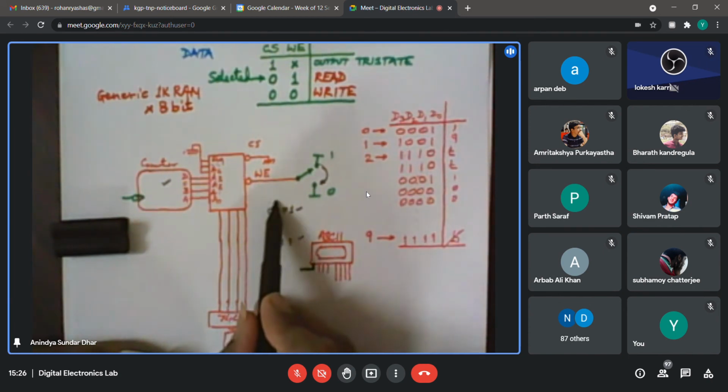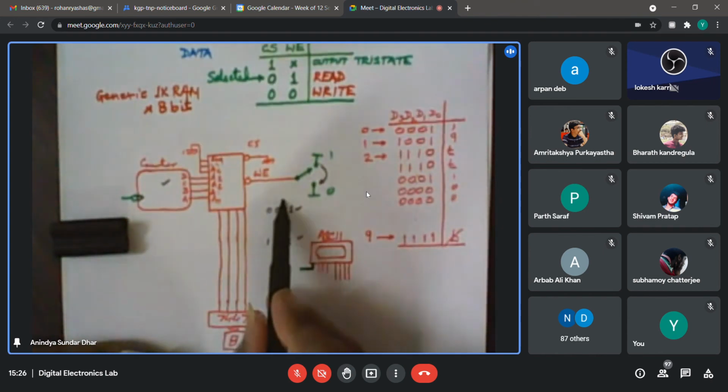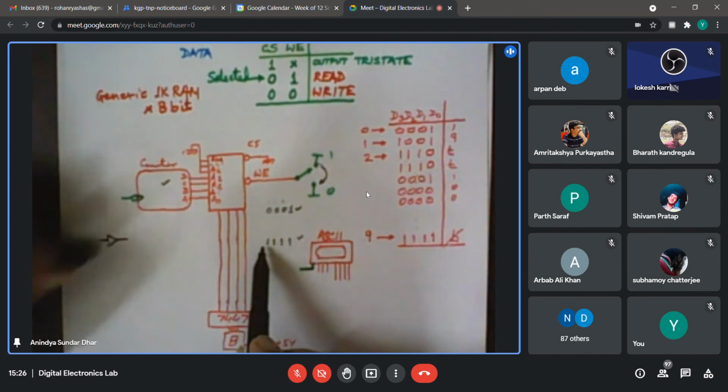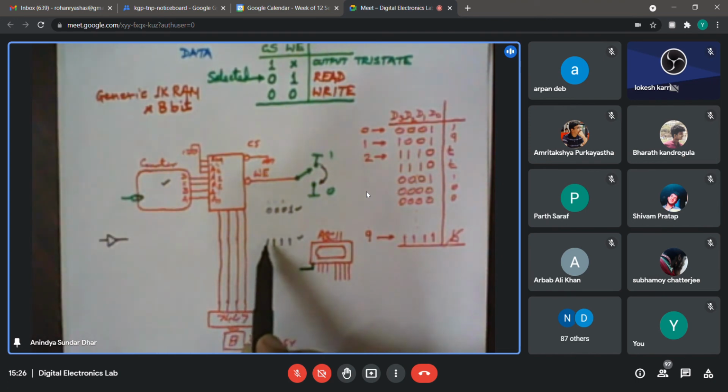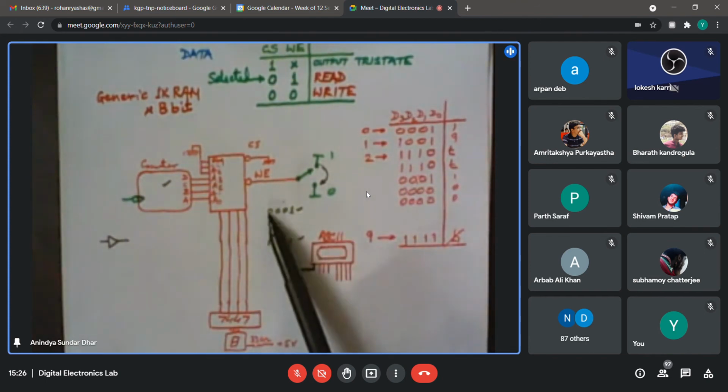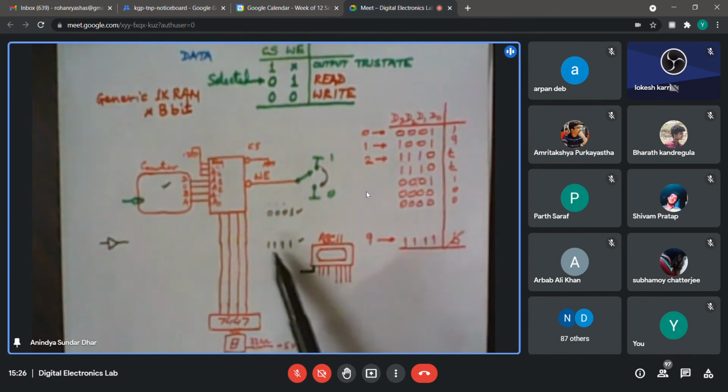So the first 3 lines will have a contention over whether to assume a 0 value or a 1 value. This is called bus contention. I must avoid this, because otherwise the 7447 will not know which one I am sending, 0 or 1. I am supposed to send 0, but this ASCII keypad is holding it at 1.